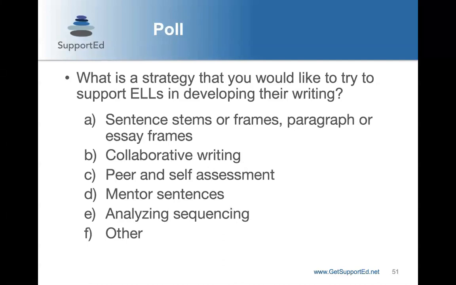All right, I'm going to go ahead and end the poll and share the results. So we can see a lot of you said sentence stems or frames, collaborative writing, mentor sentences. Great, thank you very much.